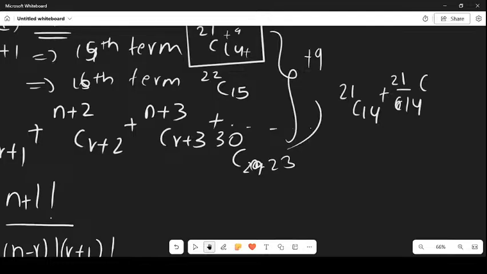M plus, what did you get? M plus 4 Cr plus 4 divided by M plus 3 Cr plus 4, which can be written as M plus 4 factorial, N minus R factorial, N factorial, R plus 4 factorial divided by M plus 3 factorial, N minus R factorial. R plus 4 factorial gets cancelled, and here